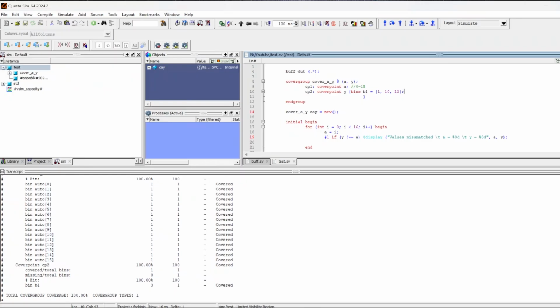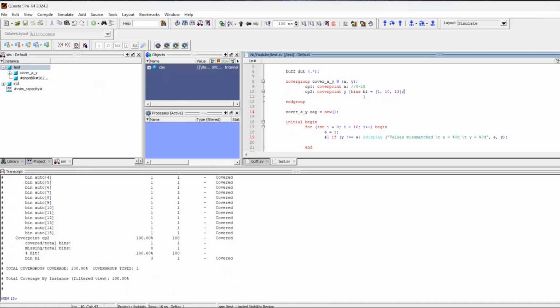So using this, we can mention a lot of beans. So let's go ahead and mention other beans. For the other bean, I will name it B2,